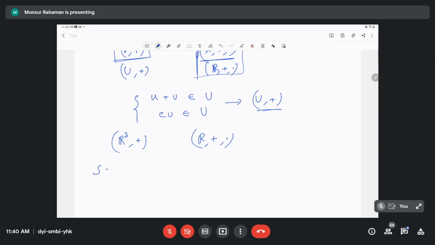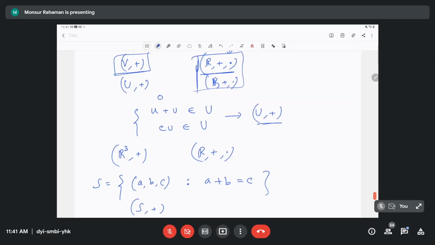Okay. Now I'm giving you a subset of triples (a, b, c) such that a plus b is equal to c. Is it a subspace or not? Let's check. And here there is an additional condition: zero has to be in U, the zero vector has to be in U. But what about here, c means any c you can take, so c can also be zero there. So 0 into u is equal to 0, belongs to U, so it is added there. You may say it separately or you can add them there, because zero, if zero is to be stated separately